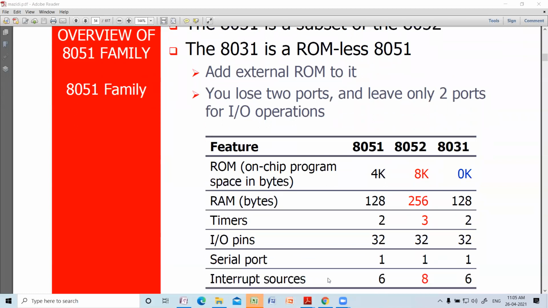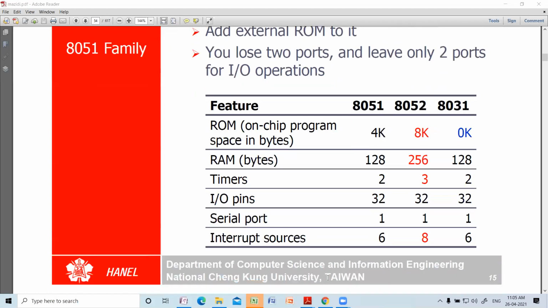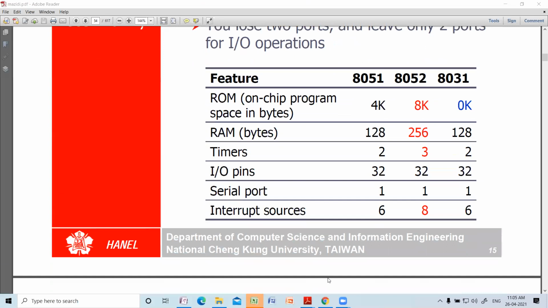8051 is a subset of 8052. Even 8031 is also there. It has less ROM than 8051; we can add external ROM to it, 8031. So you can see this table. Very important table. Concentrate only on the first column: ROM 4K, RAM 128 bytes, 2 timers, 32 IO pins, that is 4 ports. Serial port is 1, 6 interrupt sources.